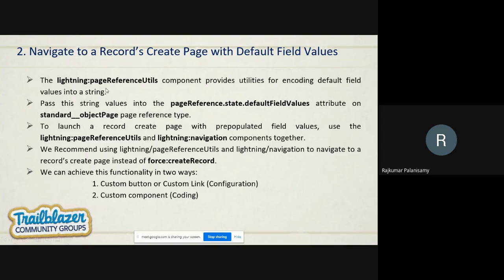For this, we have to set the default field values, which should be in a string format. For that, the lightning/pageReferenceUtils component will provide the utilities for encoding the default field values. We have to pass that string value into the pageReference.state.defaultFieldValues attribute on the standard__objectPage page reference type. To launch a record create page with pre-populated values, we can use lightning/pageReferenceUtils and lightning/navigation